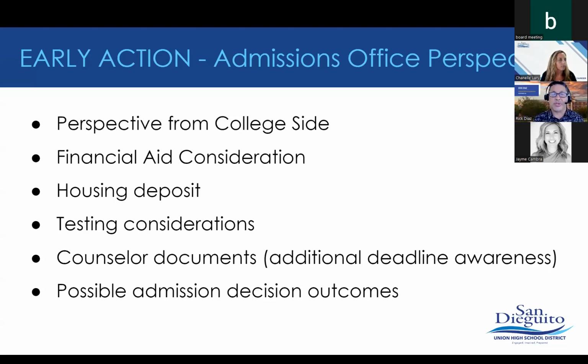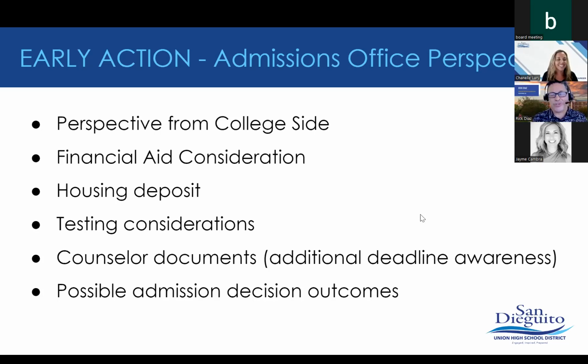Some schools request that your application be complete by the November 1 deadline, which is their early action. Some say, yeah, just get your application in by November 1st, but be sure you're working with your counselors to make sure that information is coming to the individual schools in time for us to read it. And they may even say, yeah, you can apply by November 1st, but make sure everything's in by November 8th or November 15th, etc. Now, when you apply for admission early action, my favorite answer is, it depends.